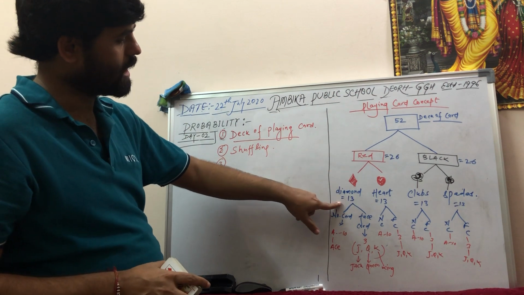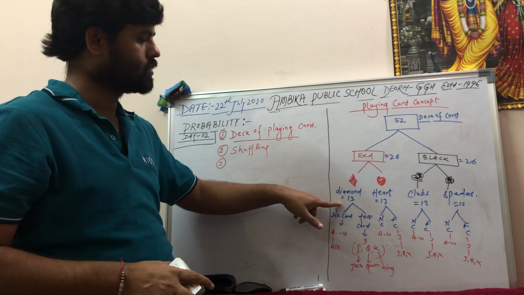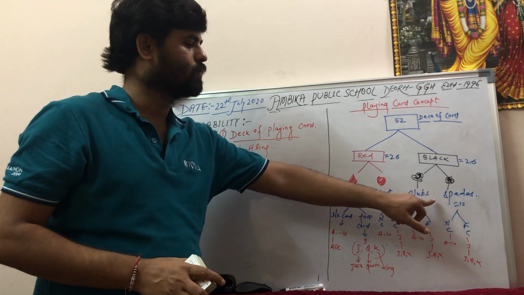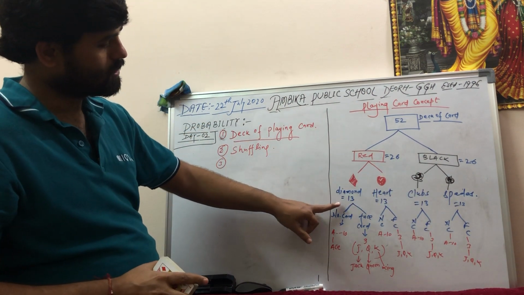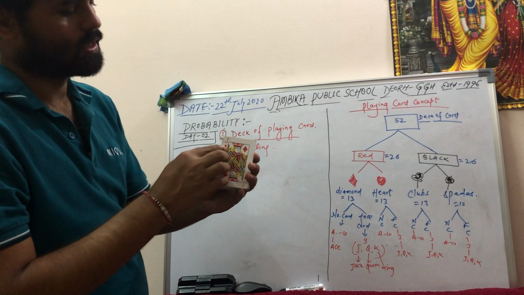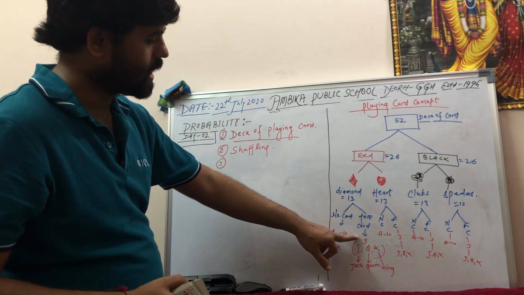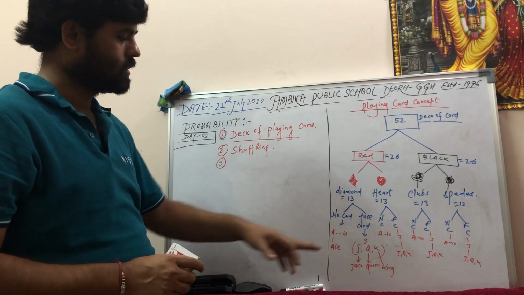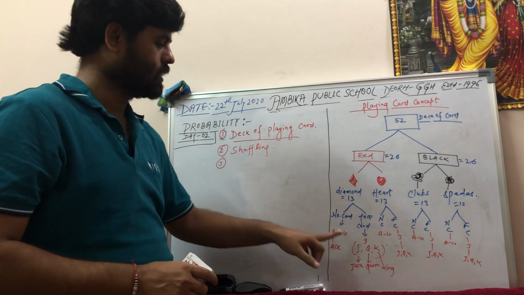In the diamond we'll have 13 cards because this is equally distributed. 26 is divided into two parts, so 13 is there. And in the black, this is divided into two parts. Clubs is 13 and spades is 13. Now in the diamond design, we'll have 13 cards. Out of these 13 cards, 3 cards will be face cards and 10 cards will be number cards. In the face cards we'll have J, Q, K called Jack, Queen, King,